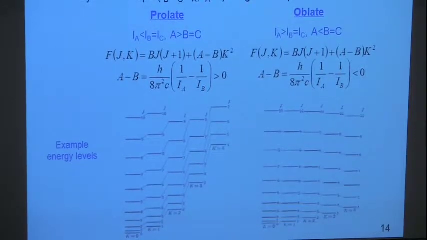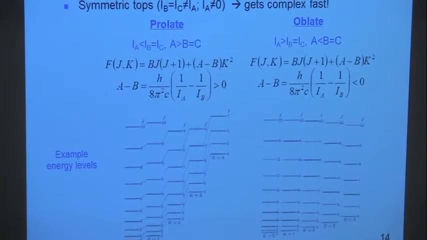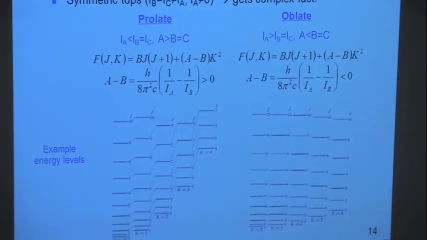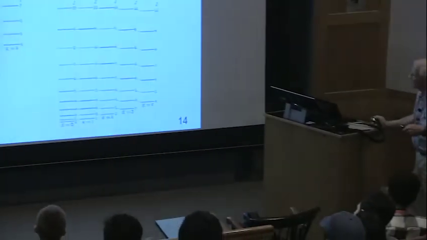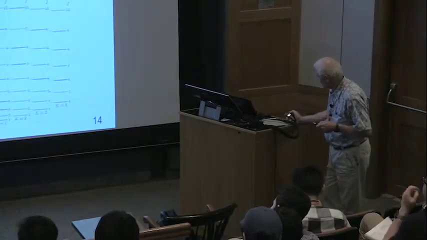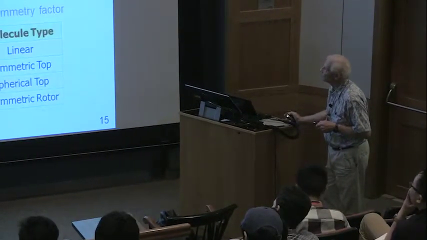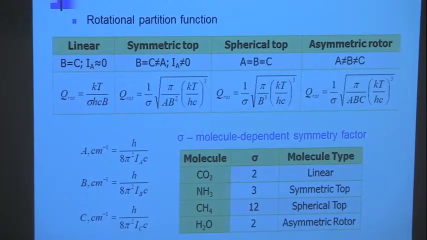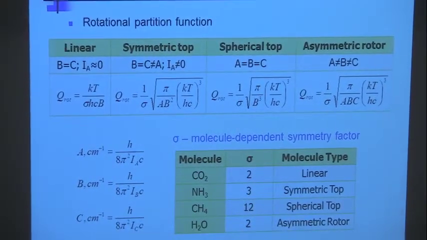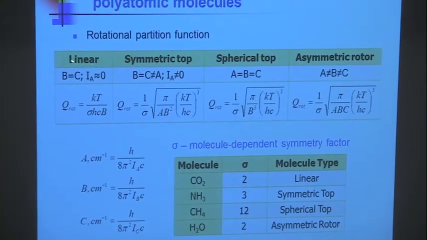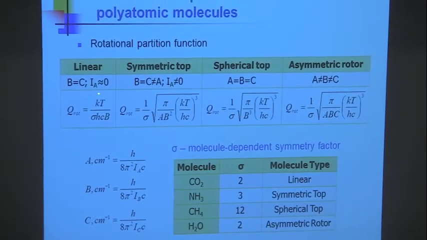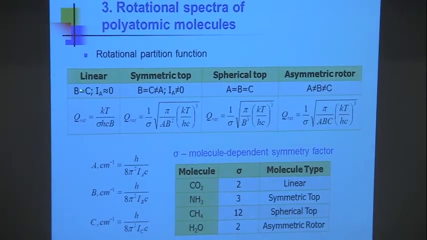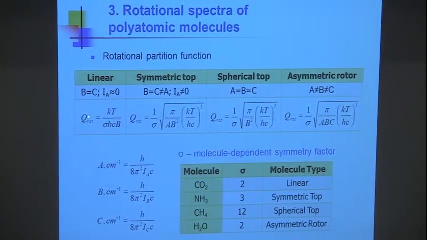So in principle, you can calculate all of these levels. You can decide if the spacings are negligible and calculate the spectrum. But in the limit of rigid rotor, it's really not that bad. When you go to a polyatomic molecule, we have to rethink how we do the partition functions. In the linear case for rotation, rotational constant, remember B and C are equal, and the partition function goes as